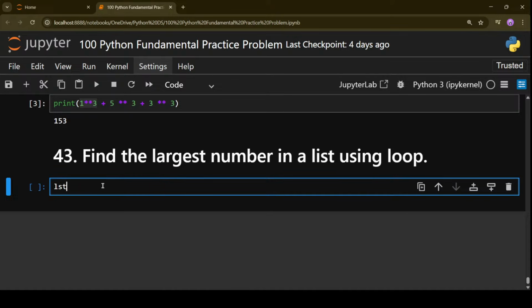Now let me give you the list first. Let's say 3, 7, or just take random values. This is going to be your list and you have to find the largest number from this list, and you have to use loops.